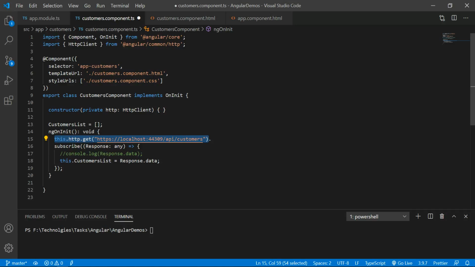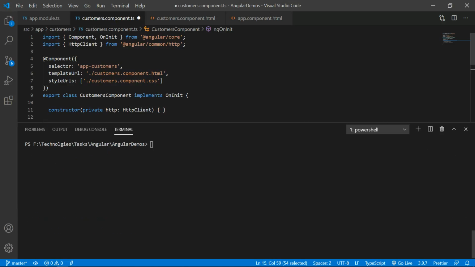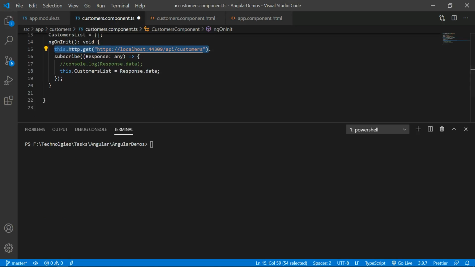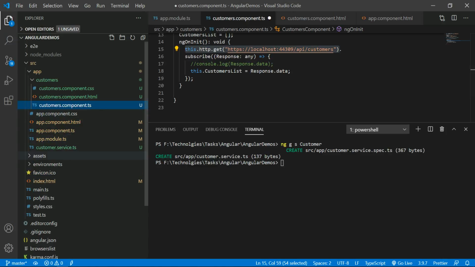Before that, let me create one service for the customers component, that is customer service. So here S indicates service. Okay, I am creating the service. Now the service has been created. You can see here customer service.